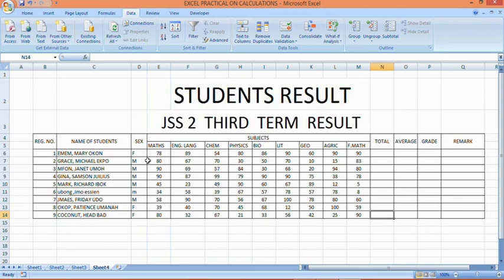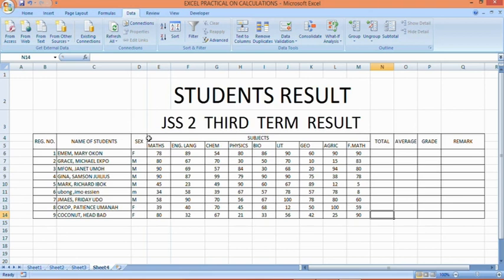And you can also see that we have matched this other side, like the name of students is taking kind of 2 rows, and we have matched it to become 1, match the registration number, match the sex,